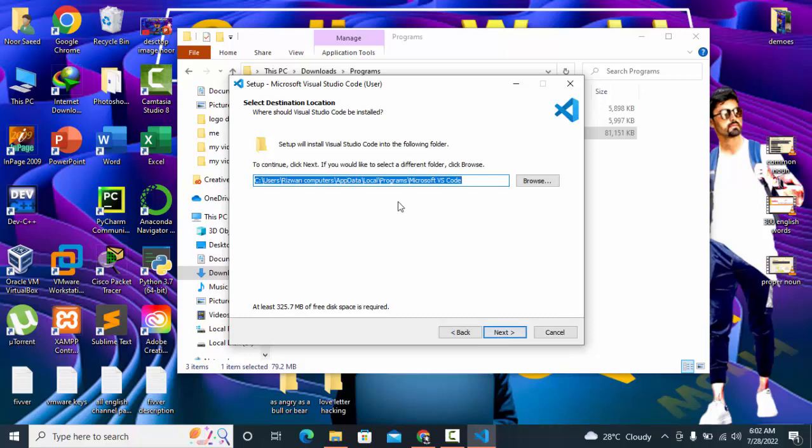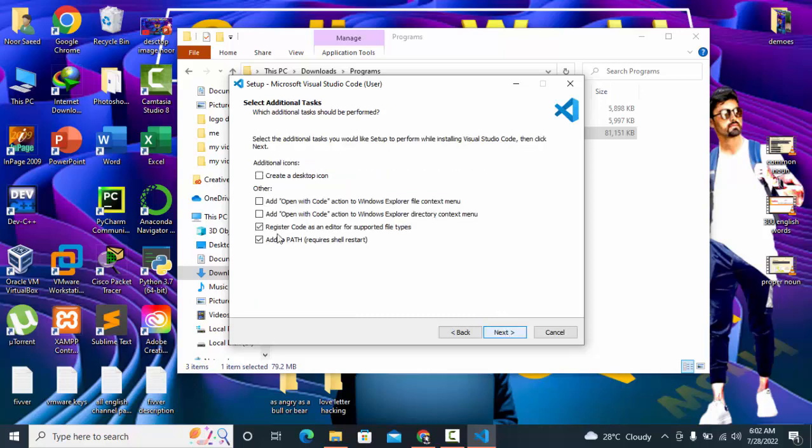Now you can select the directory in which you want to install it. In most cases we use the C directory, so of course the C folder. Let's click next, and here we click next again. Now check this one, create a desktop icon, because after installing I want to display my VS Code on my desktop. So check this one, and yeah, that's enough. So next,